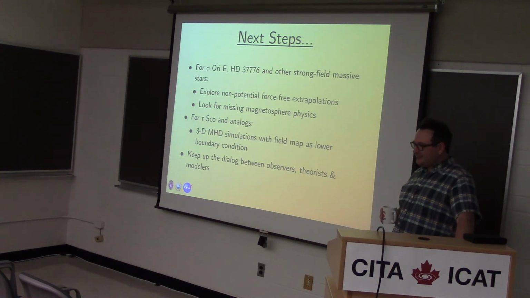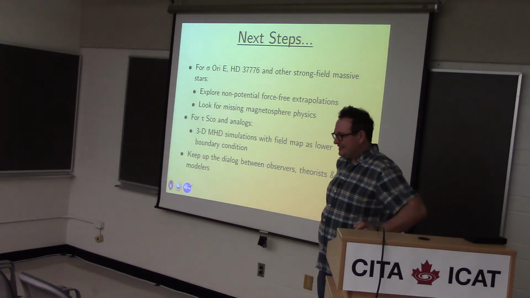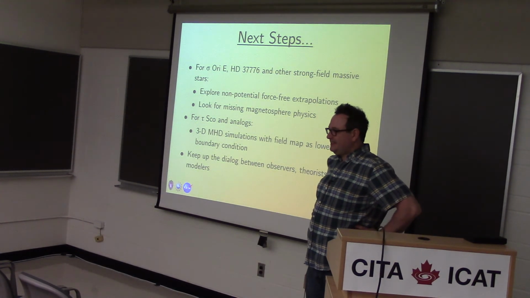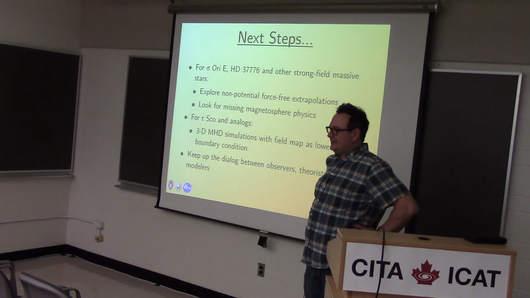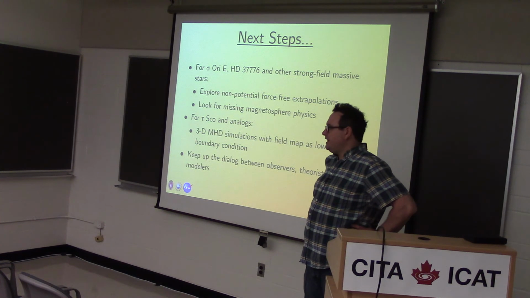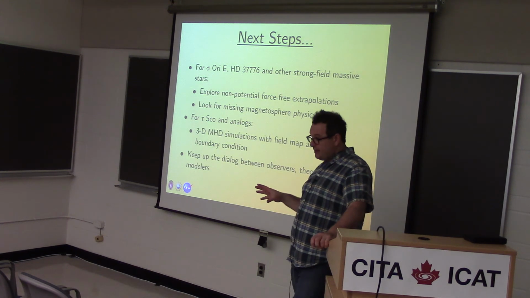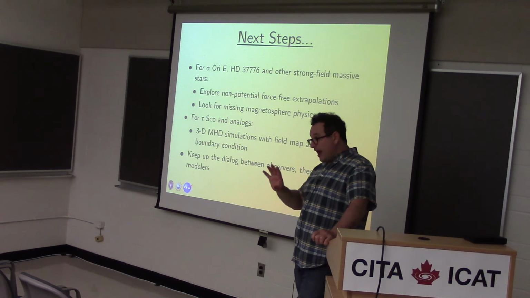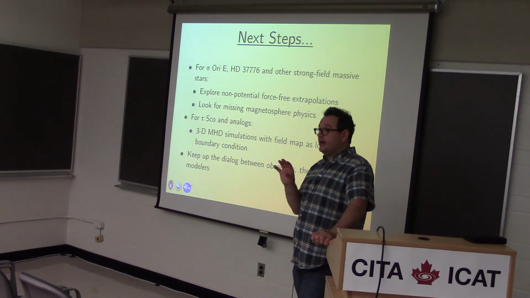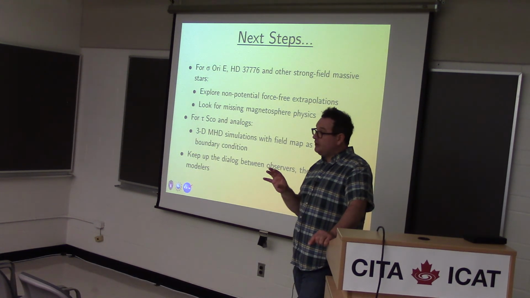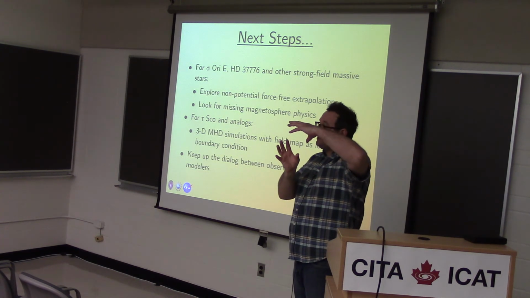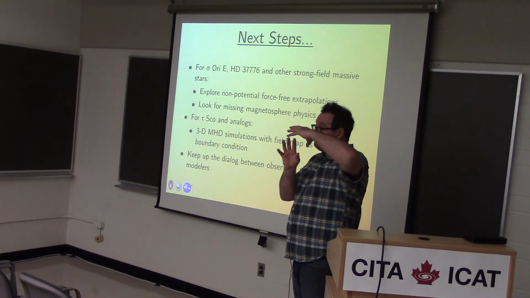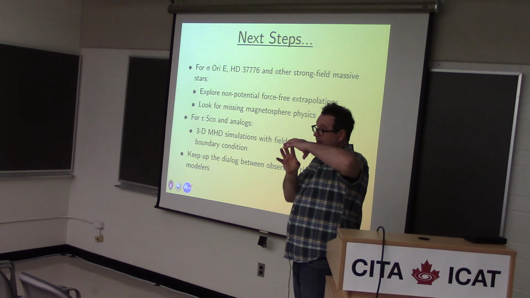So in the movie, there is a hole, and you say the hole exists because centrifugal force is not strong enough. So I'm just curious about the case in which all the closed magnetic fields are within the hole. In that case, you won't actually get any material stably supported. However, for some stars, the mass loss rate is so large that you can get material that's just supported up there dynamically. It'll eventually fall down, but it stays up there for long enough that there is actually an observational signature.